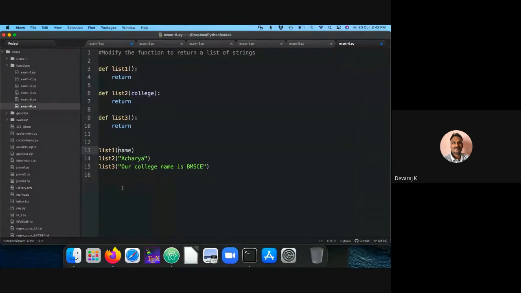You have to call that with a string, then only it's going to take it. So let me check it again. It has to return that value. It has to return the value.